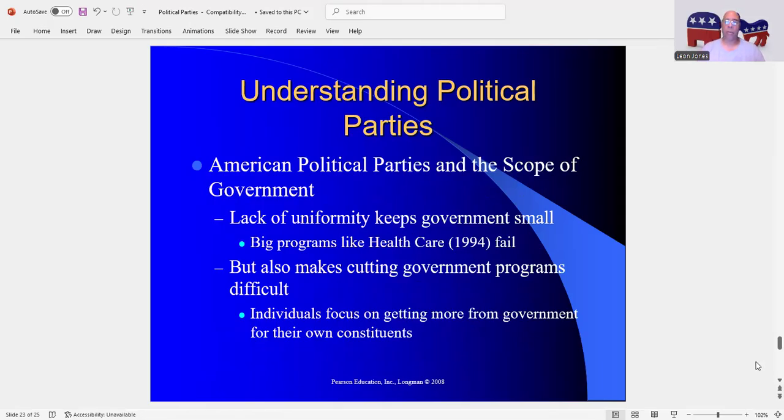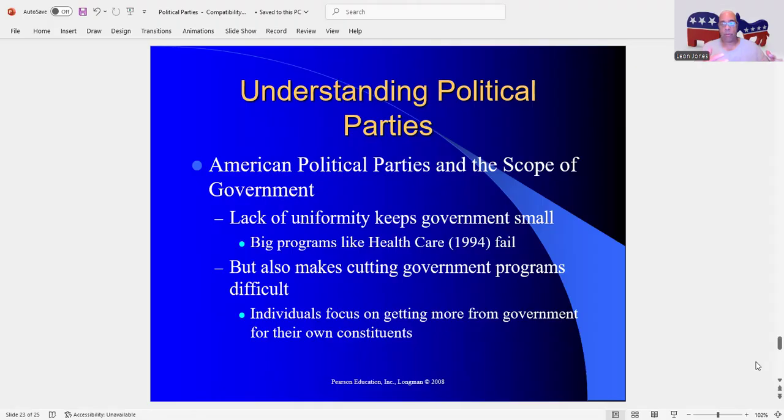The American political parties and the scope of government. Again, lack of uniformity keeps government small. Big programs like healthcare in 1994 failed. However, it was rammed through in 2010 with no Republican votes by the Democrats when Obama was president. But understanding the political parties also makes cutting government programs difficult. Well, Trump has shrunk some of the government programs, and even he's cut federal government workers. So